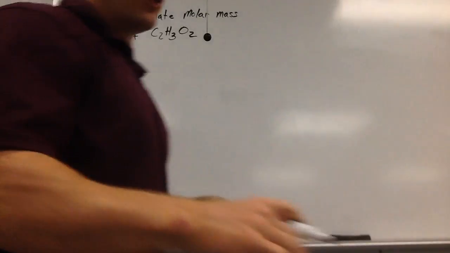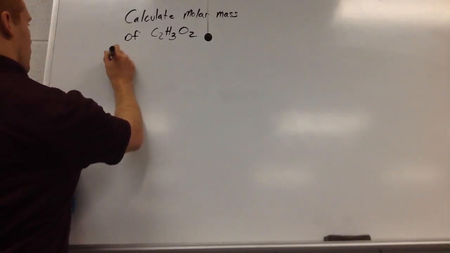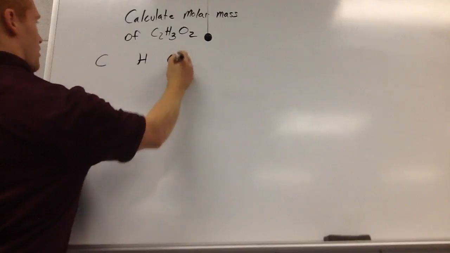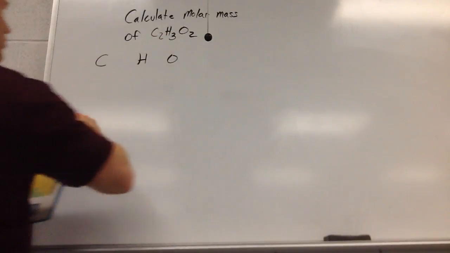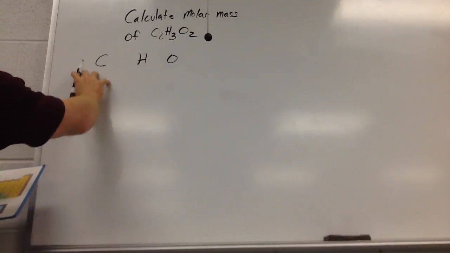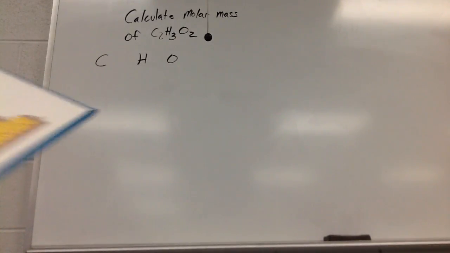So first thing we're going to do, I kind of write it out a different way. So what I do is I write carbon here, hydrogen here, and oxygen. So those are the 3 letters that we're using, or elements. And what I'm going to do is I'm going to find their mass on the periodic table. And so, for example, the first one, carbon,